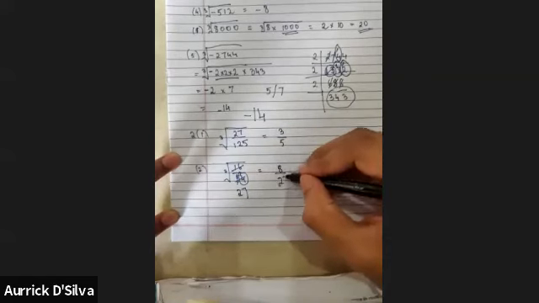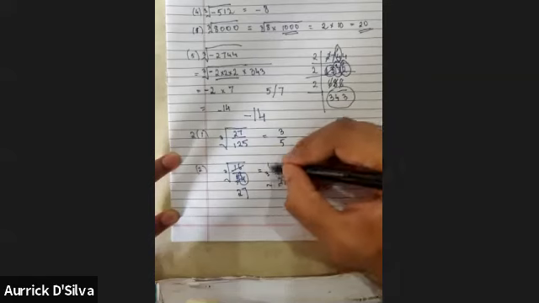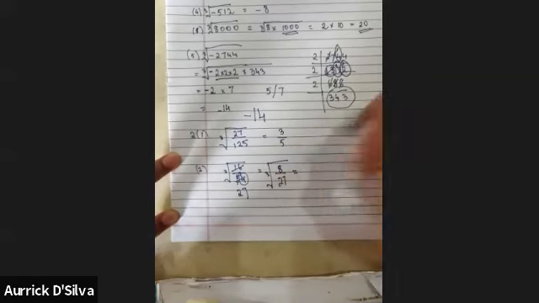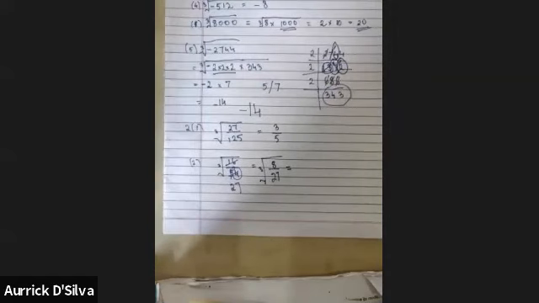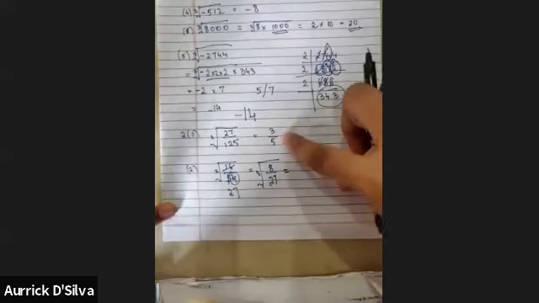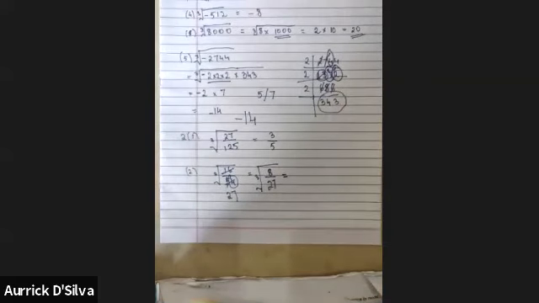So the answer of cancellation is this. Final answer is not this. So once you get 8 upon 27, everyone, quickly message me what will be the answer, just the way we all did for this 3 upon 5. Message me what will be the answer for cube root of 8 upon 27.